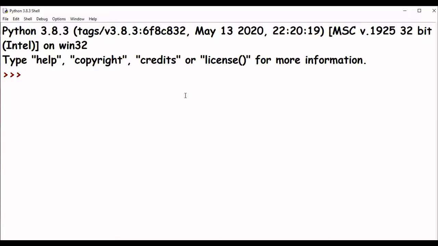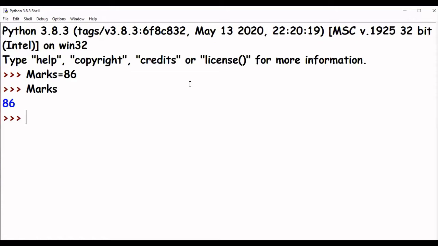I'm going to use 86 itself. So I'm going to say marks equals 86. Whenever I type marks, remember capital M, otherwise it is going to give me an error. Marks, it tells me 86. That means the word marks is pointing to the memory in Python where the number 86 is already stored. How do I check that?